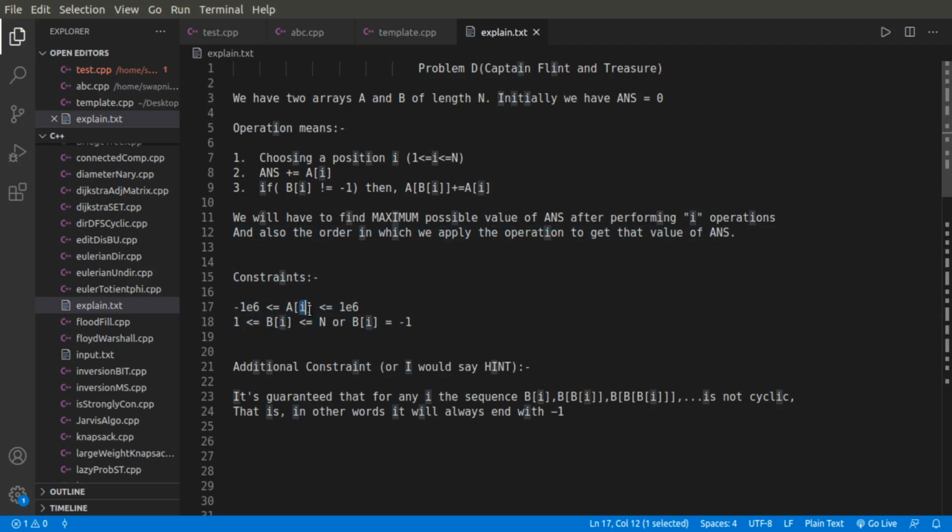One thing we can note from here is that a_i is also in the negative range, around 10 power 6, and b_i is from 1 to n, and it can also be -1. Then there is the additional constraint, or I would rather say a hint.